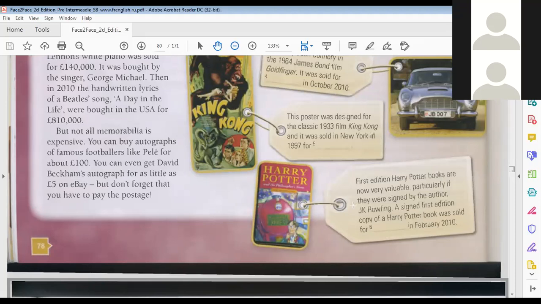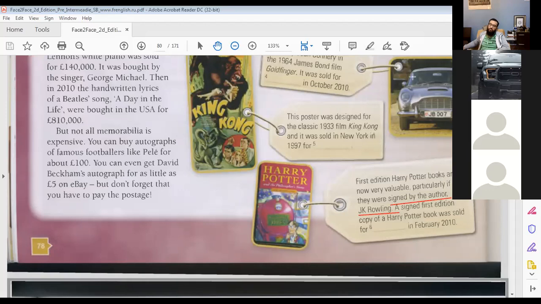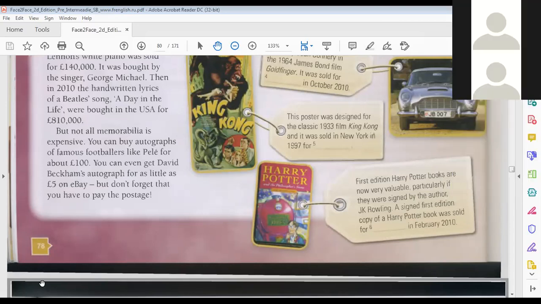Yeah. But this book is signed by the author, the writer, J.K. Rowling. So it has her signature because Harry Potter was invented by J.K. Rowling, right? She was the one who wrote everything. You get the idea? But you have a point. We still have the movies, so maybe not everyone wants to read the book because we have the films. Okay, so now let's do the listening.